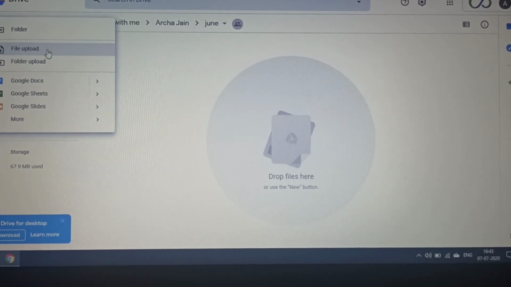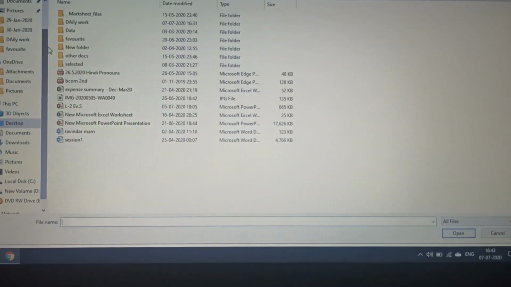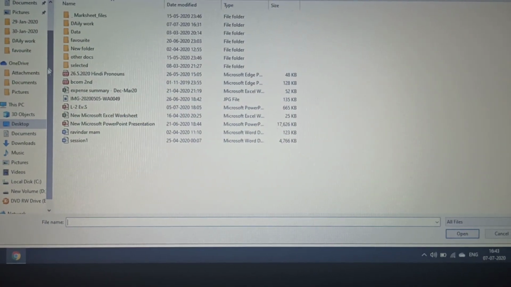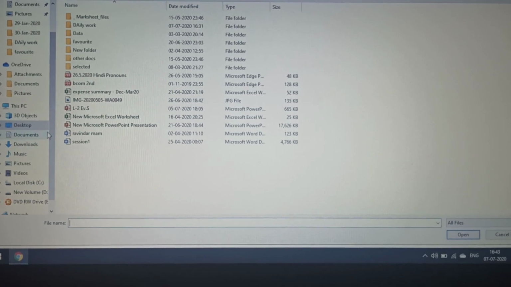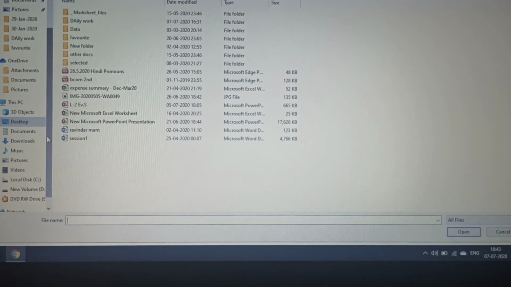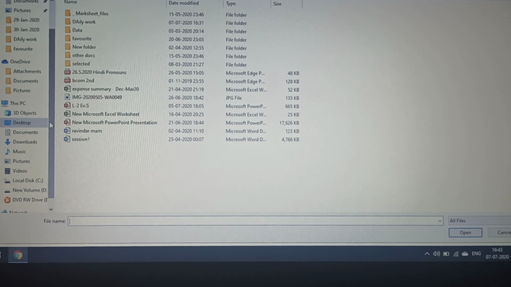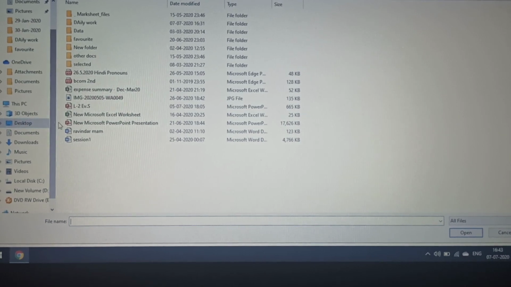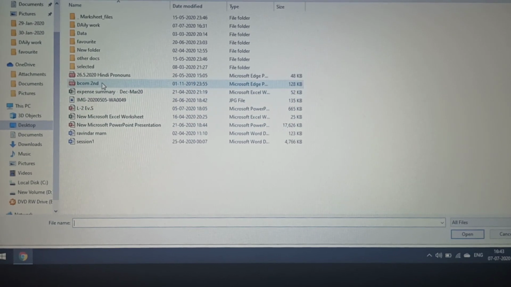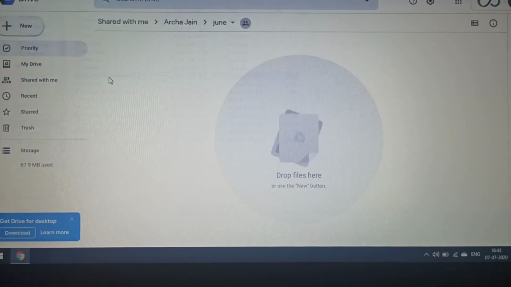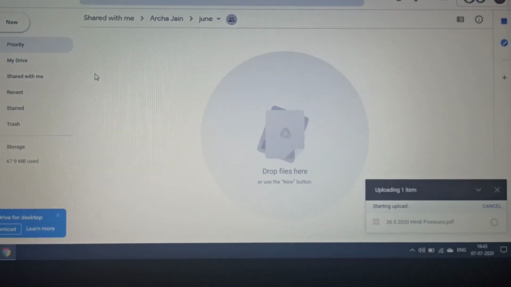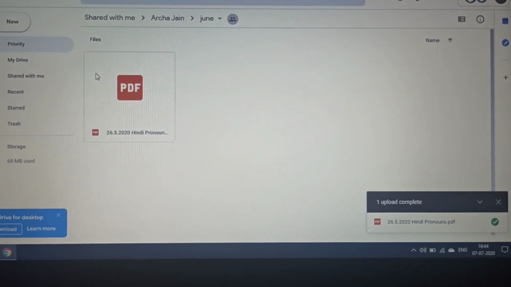So we will click on file upload. When you click on it, it will take you to these files which are there in your PC. So I have saved my file on desktop and the name is Hindi pronouns. So I'll double click on it and it is showing uploading, and see, it is uploaded.